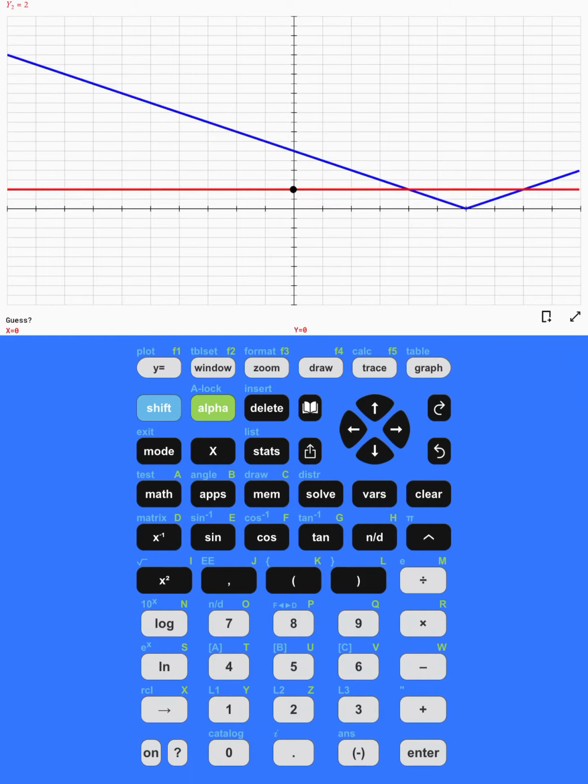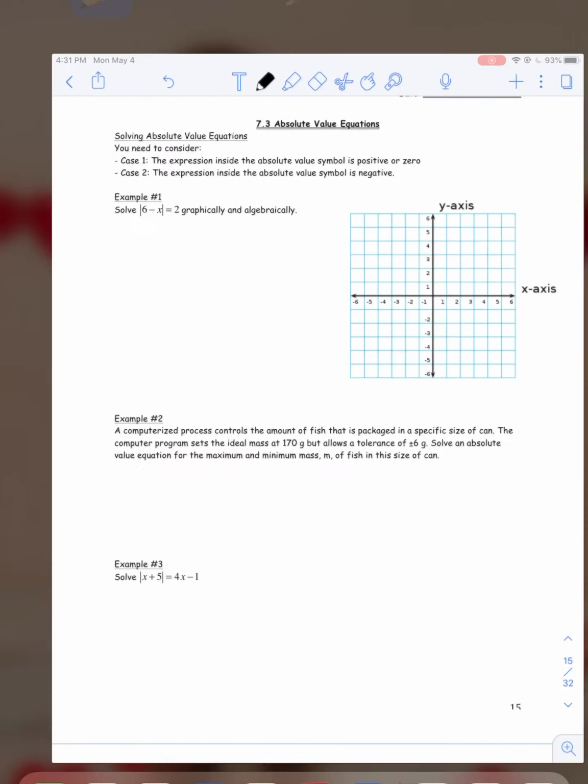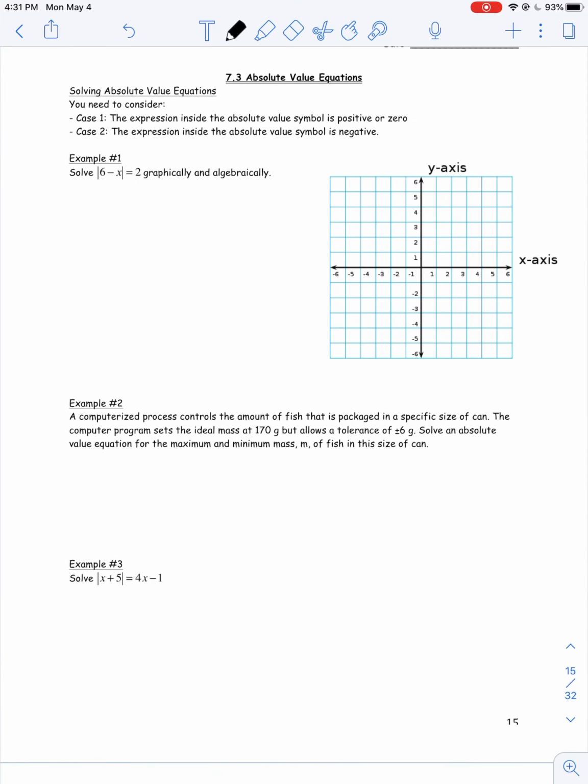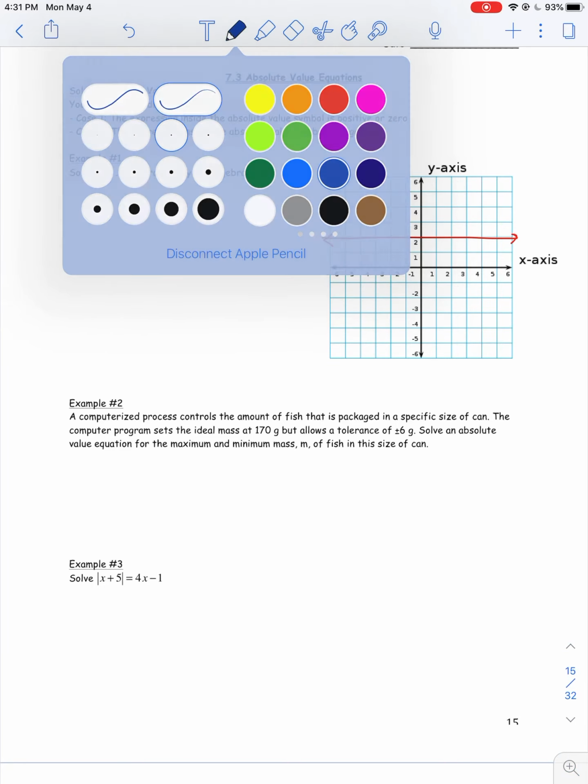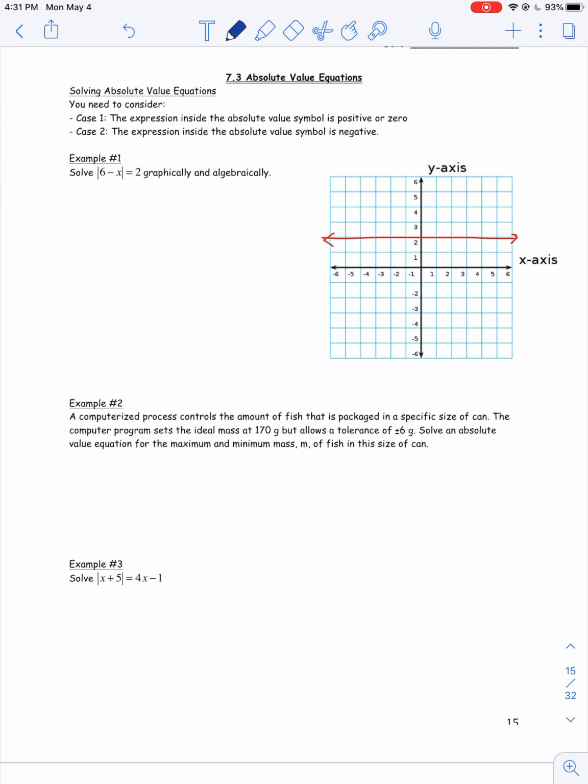So if I go second trace, number 5, intersect, I can get as close to the intersection and press enter. I should see an intersection at the coordinates 4, 2. You only look at the x coordinate for the answer. So the answer is 4. So I would write that, if I were to graph it, we have one equation at 2, and the blue one, when I graphed it, was at